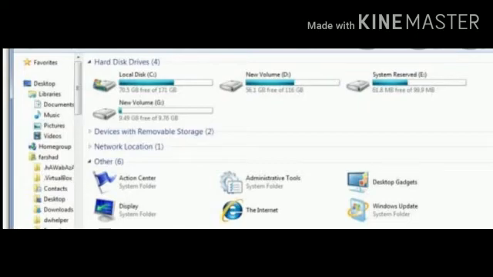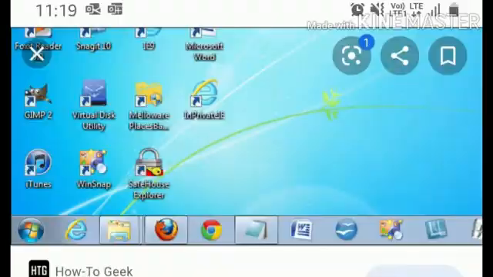Double clicking on any drive will display all the files and folders contained in that particular drive. It will also show the memory that is used and how much space is free. Suppose you have created a document in your computer and you have saved it, but you don't know where you have saved it. To find a specific file, you can click on the computer icon and search for it.